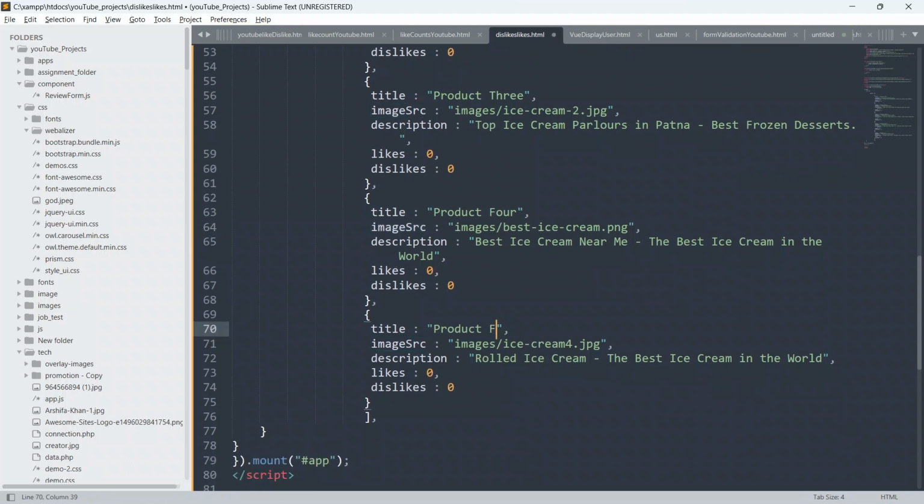Here we have title give product 3, with the image src, description, and likes and dislikes count, both 0 as of now. Then title product 4, image src is this, description is this, likes count 0 and dislikes count 0. Give product 5, and here also title, image src, description, likes count and dislikes count are 0 as of now.